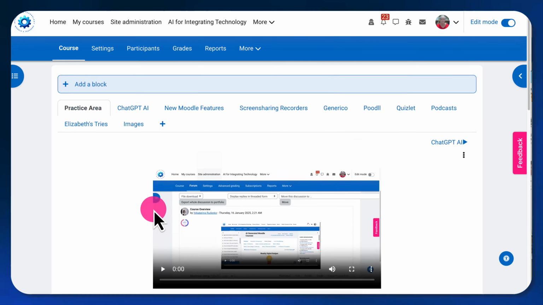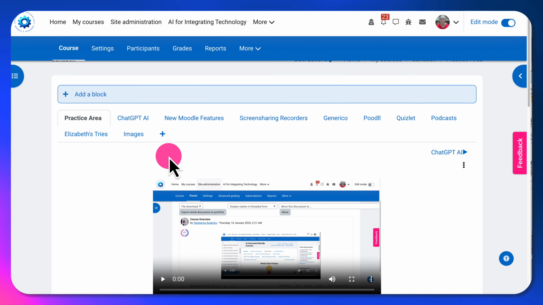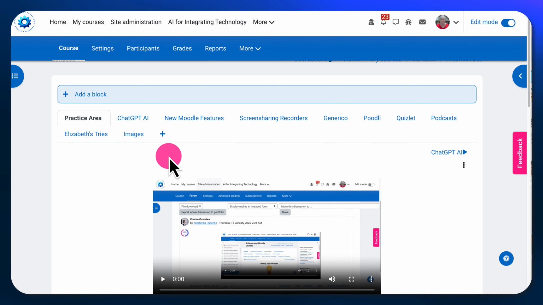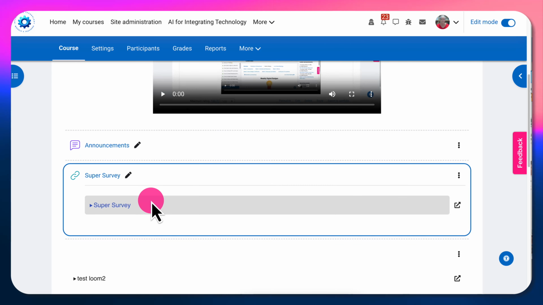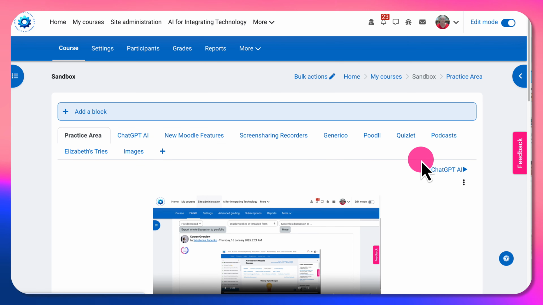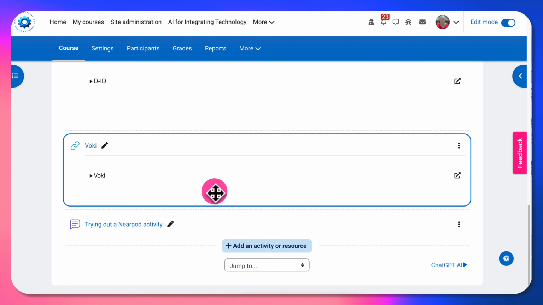You can also add it anywhere else where there is an editor, a TinyMCE editor, which means that you can add it to activities such as forums or any other activity. Moodle has the TinyMCE editor everywhere. And when I say everywhere, let me show you what I mean by that. Going to go back into a section here,